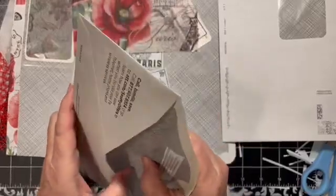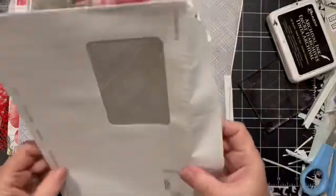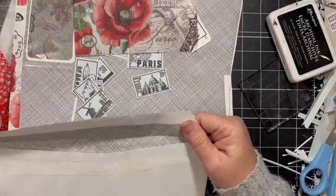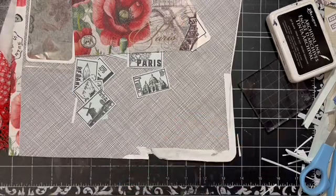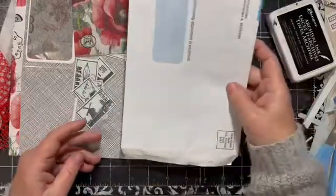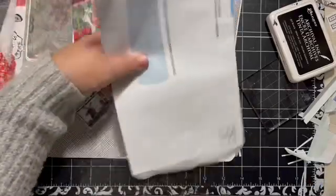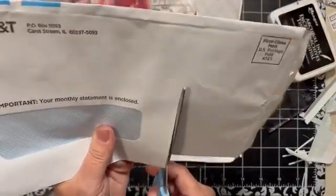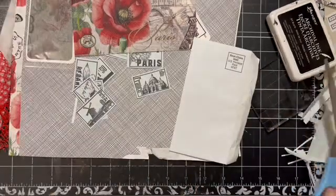Okay, so this is an AT&T. I don't think that one's going to work, but I kind of wanted to use this though as another page. So what if we grab a blue AT&T envelope? Okay, I've got lots of the blue ones, and we'll go ahead and cut it across here like this. Okay,